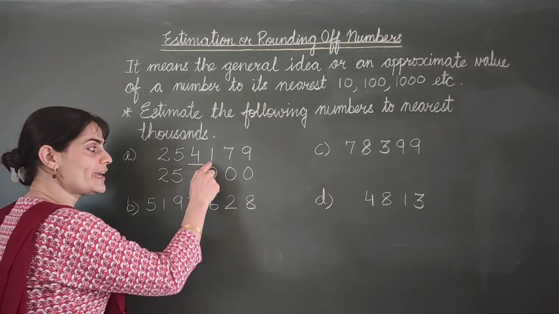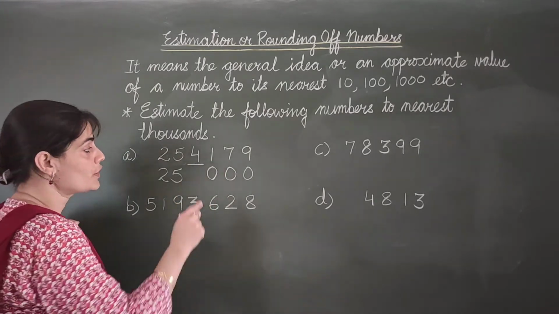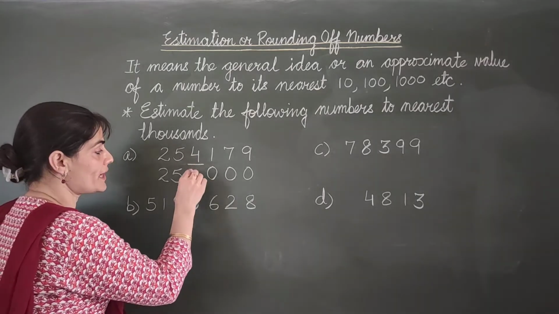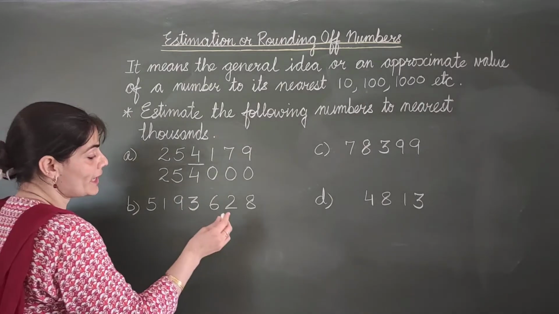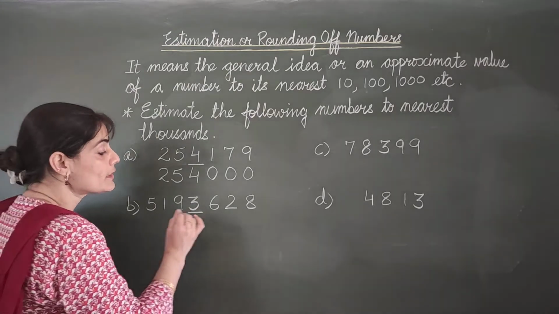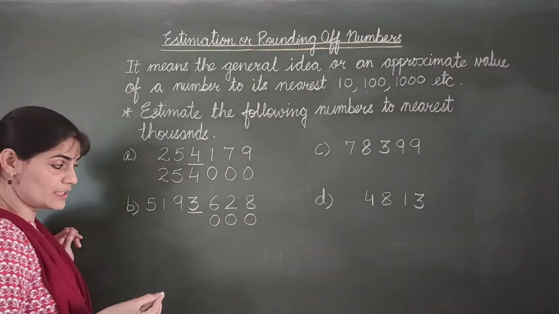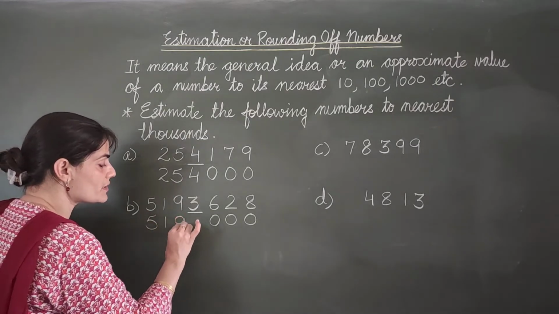But what do we find? The digit at hundreds place is less than 5. So we will be writing the digit at thousands place as it is. Now in the next part, again I underline the digit at thousands place. The digits at smaller places will be replaced by zeros and the digits at larger places will be written as